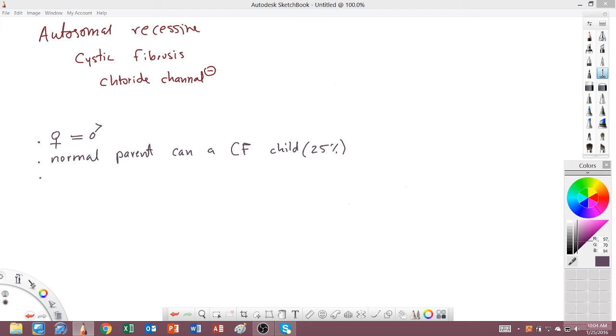That's the minimum requirement. If they're both diseased, 100%. If both carriers, 25%. One normal homozygous and one diseased, 0. If one carrier and one diseased, 50%. So there are only three possibilities where the children will have a disease in a recessive fashion. Both parents diseased, 100% of the children will have a disease.